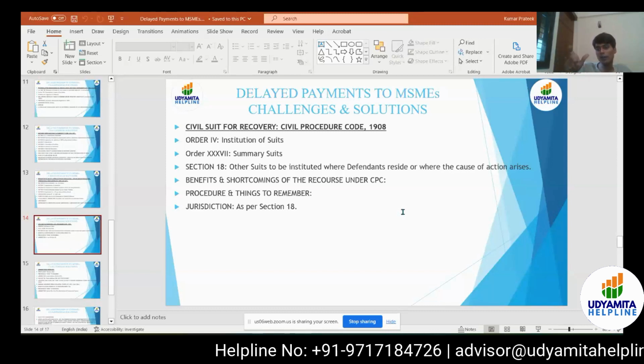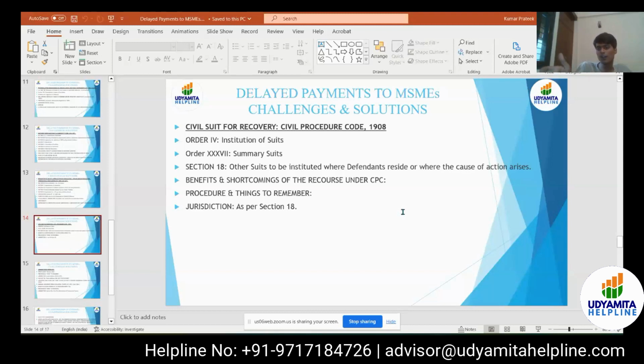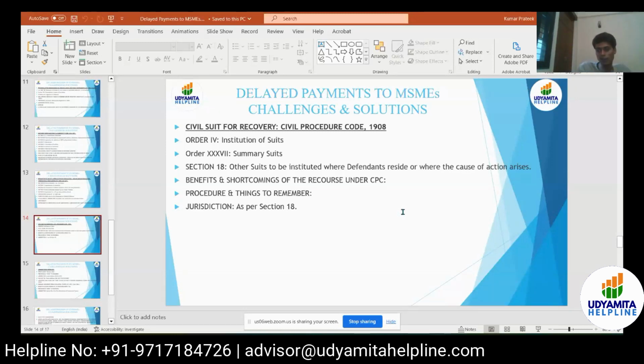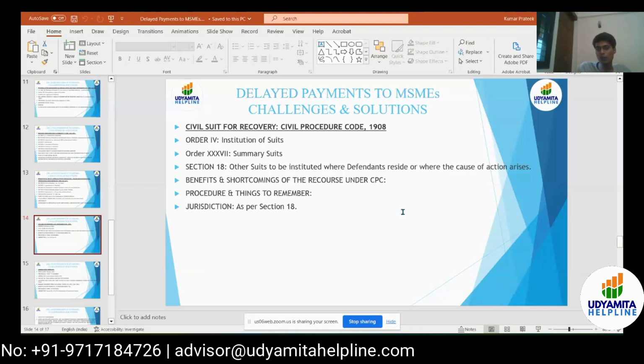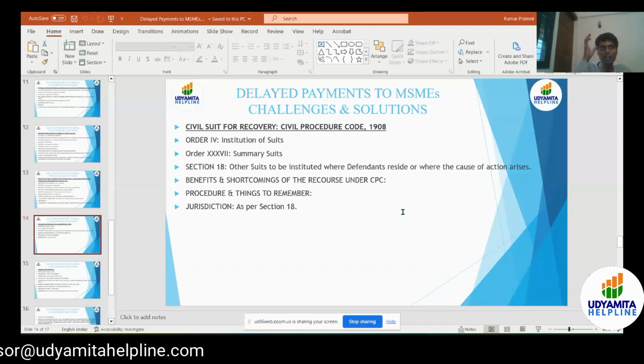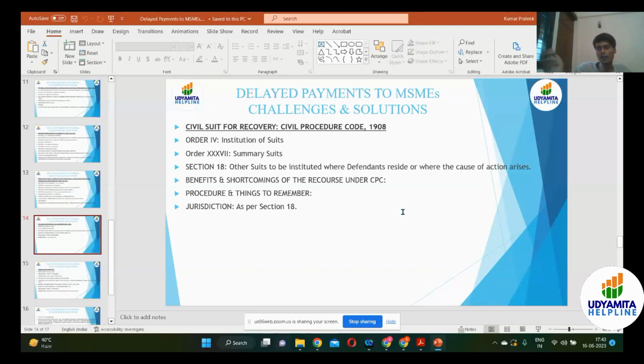So the cause of action is a very complex term, and it would take a lot of time if I attempted to make you understand how cause of action is determined, whether it arises in one place or not. But let's just understand that if I have supplied goods to you, let's say from Patna to Delhi, and then it went from Delhi to Mumbai, and the defendant resides in Mumbai, and the cause of action arose in Delhi, like